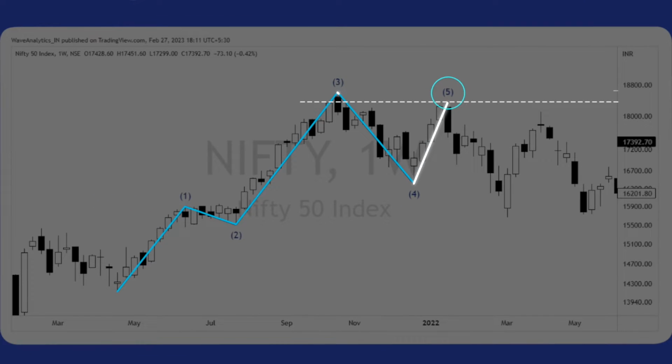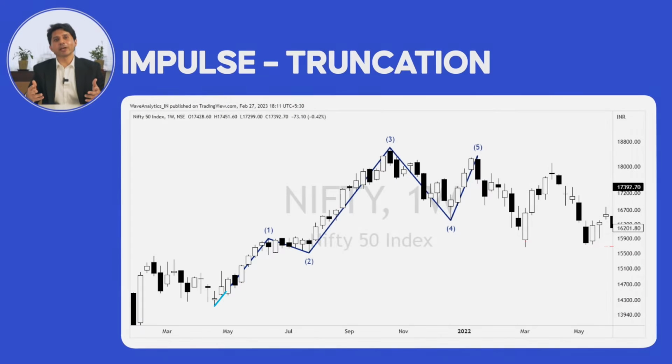And after that, what happened, you are aware. From about 18,300 something, there was a crash till 15,000. So yes, such are the after effects of a truncated fifth. So we have understood about truncated fifth. We'll also understand that similarly the diagonal patterns and the fifth extensions, they all lead to one major part, that there's a dramatic reversal ahead. So let's just look into that zone as well.